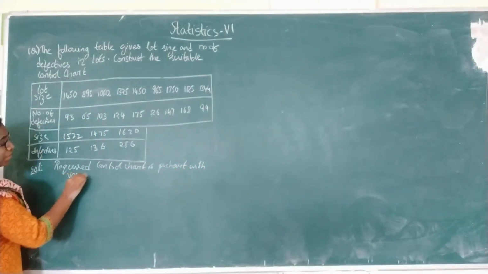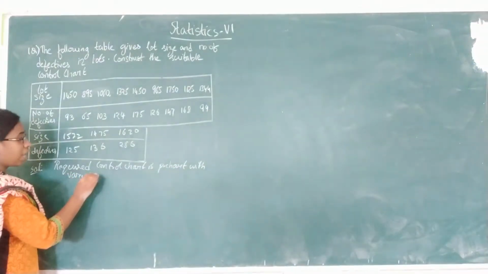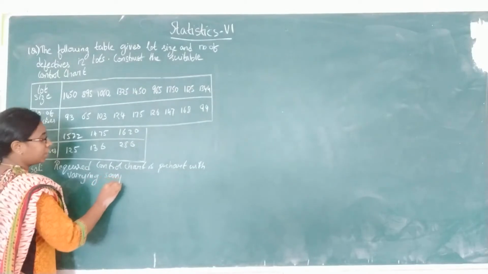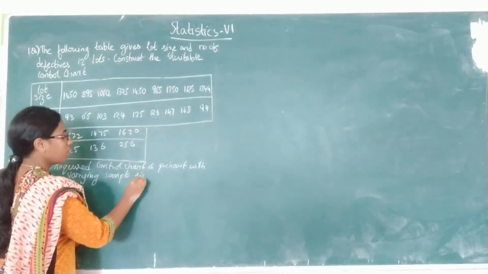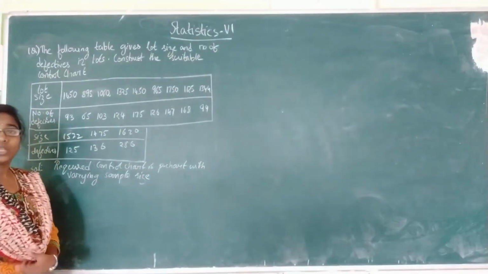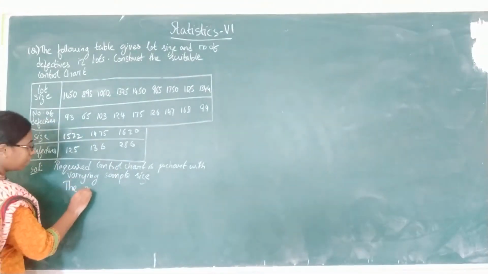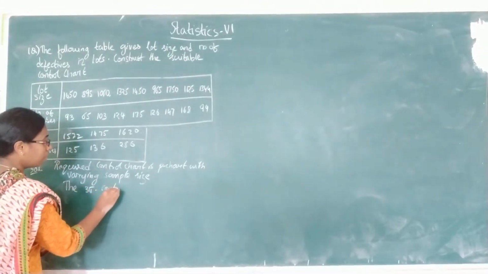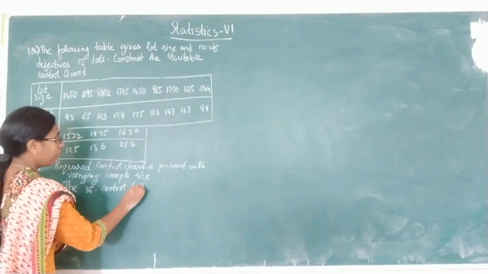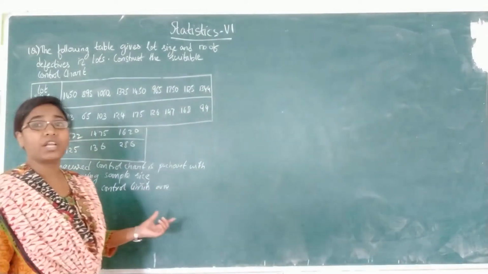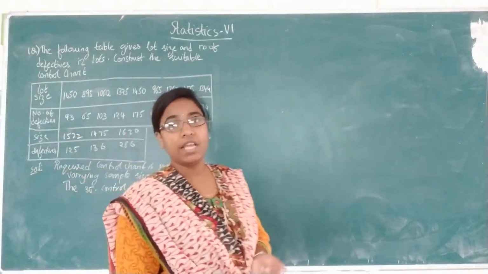Here the sample sizes are different, so you have to construct the P chart under the varying sample size condition. First write down the control limits. The 3 sigma control limits are,